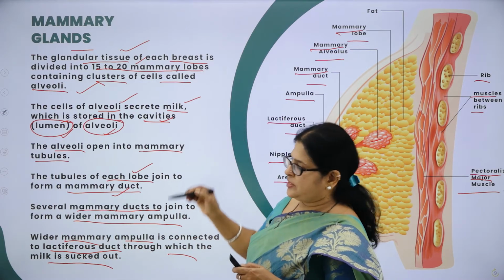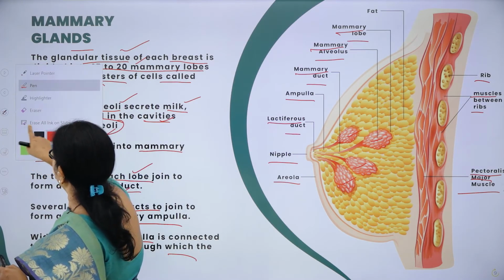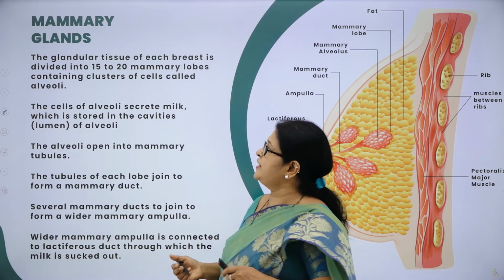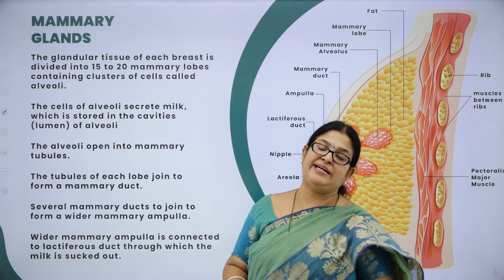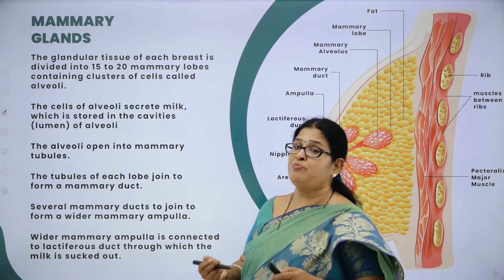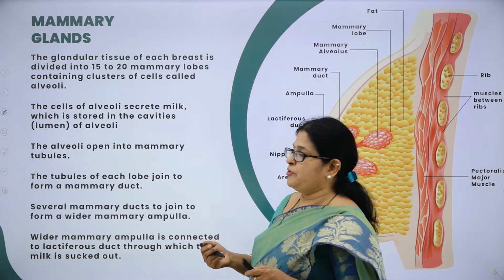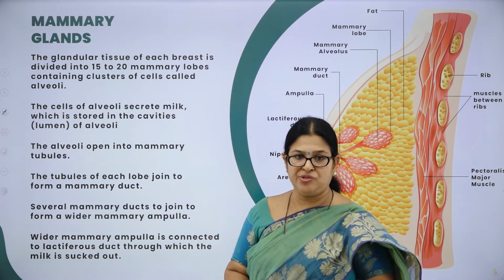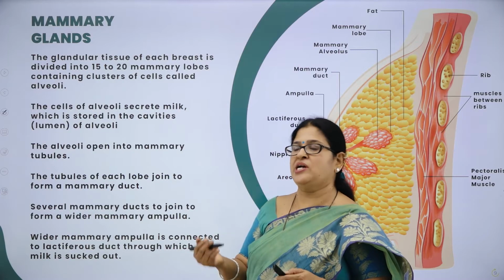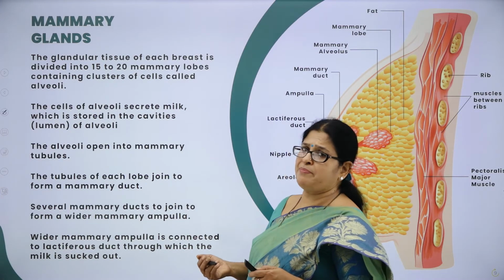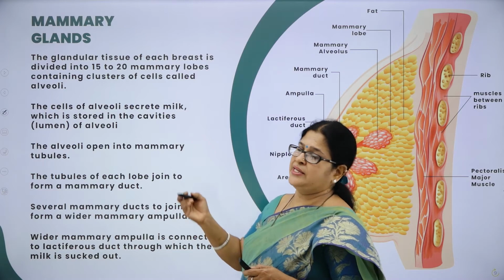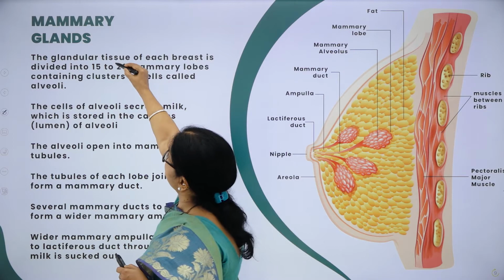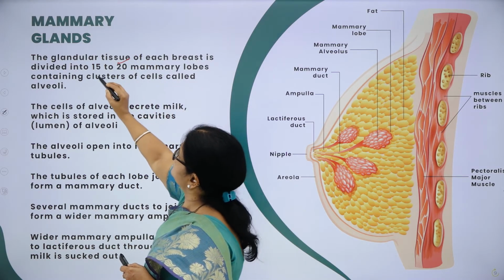So this is all about the mammary gland. Once again, let's briefly recap the importance of the mammary gland. As I said, a pair of mammary glands is integrated structurally and functionally to help what? To help the female reproductive system in what? In ovulation, in fertilization, in parturition, that is childbirth, and childcare. The newborn is fed by the mother's milk, which is produced by the mammary glands. And as I said, the mammary gland is a glandular tissue, and each breast is divided into how many?